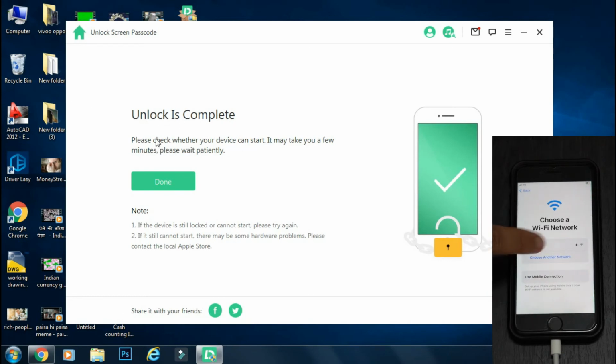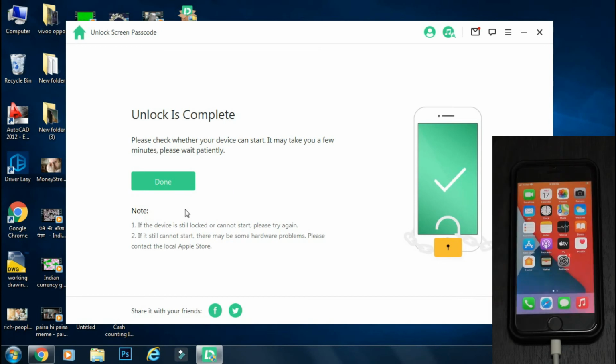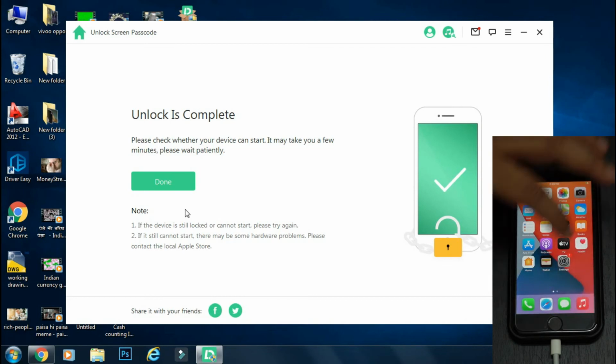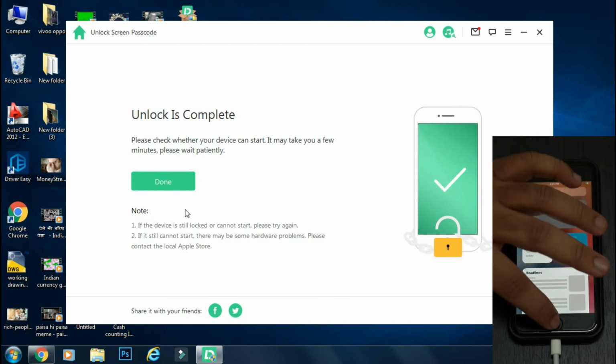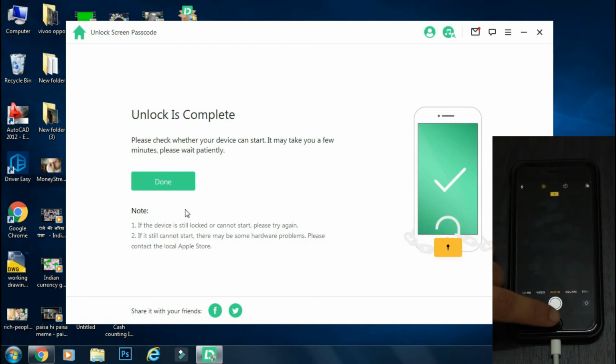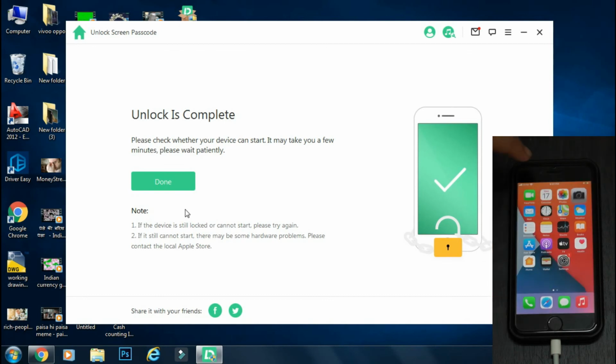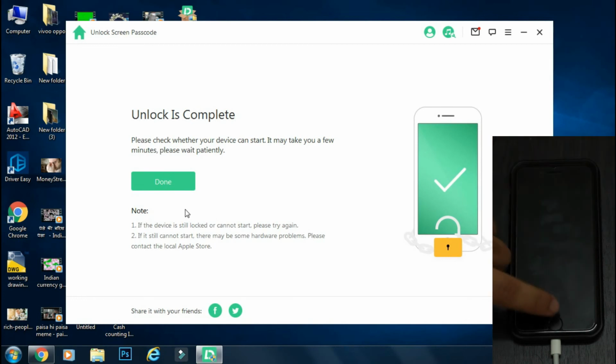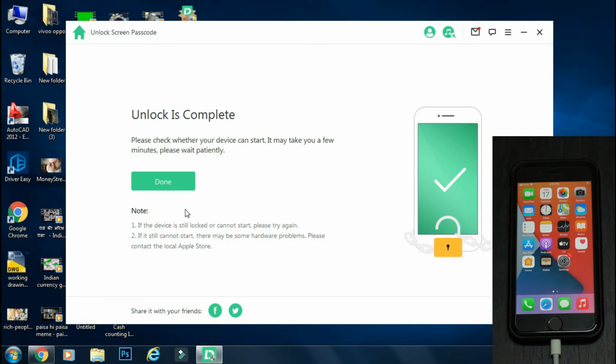So now you just need to set up your device by the regular method, and if you have backed up your device earlier on the cloud, you can restore it once the phone has started, so you will not lose any important data. The setup is complete and the phone is back to the home screen. But the process has wiped out all the data on my iPhone. So using ID Lock, we have successfully bypassed the lock screen in just a few minutes. So you don't need to visit the service center if you forget your iPhone password. You can do it yourself easily using the unlock screen password feature of the ID Lock app.